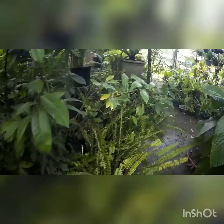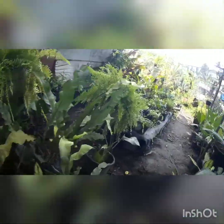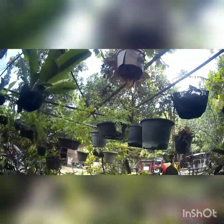So let's check on the other side. Okay, I think that's an insulin plant, but that one is a fern. Interesting fern collection. So we have a Dieffenbachia or dumb cane variety. So I am interested in hanging plants like this one. I'm not sure, it has a violet or purplish hue, and they have bird's nest fern,